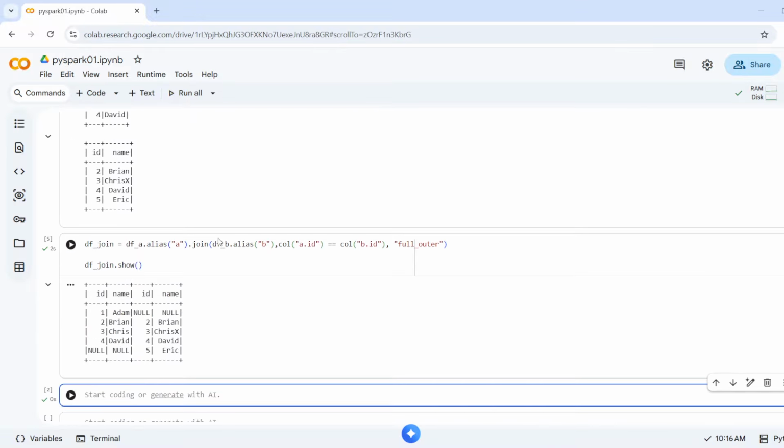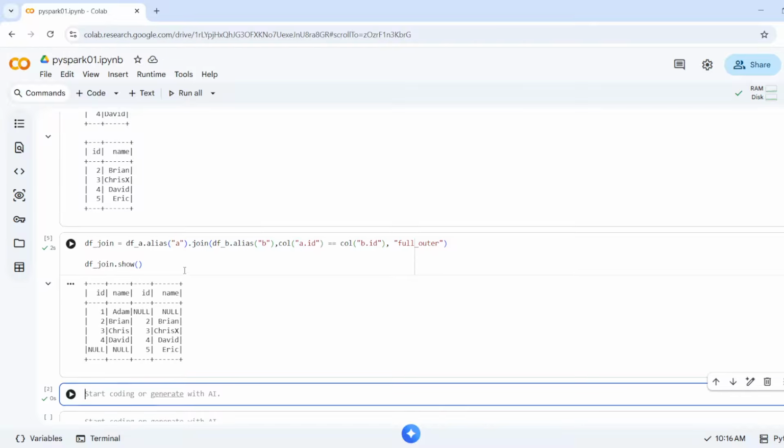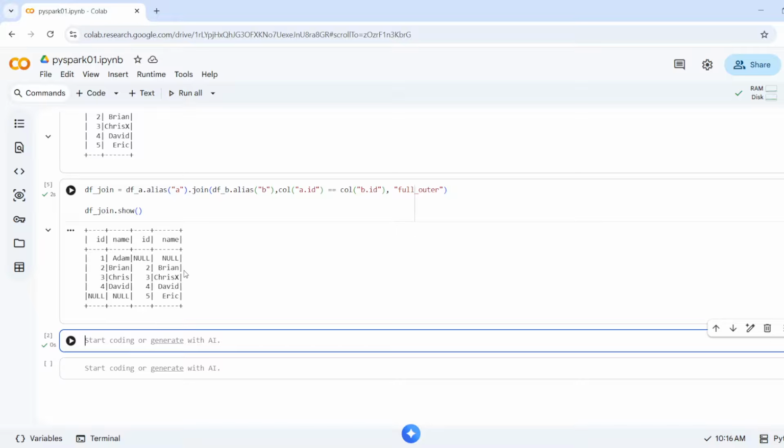So it should combine both of these tables. Yes, it has combined table A and table B. Now it is much easier to understand the problem statement and solve it. So we are moving step by step as you can learn this concept, and in further videos we will move